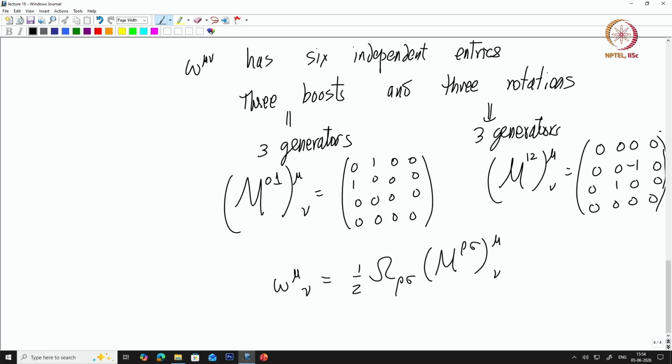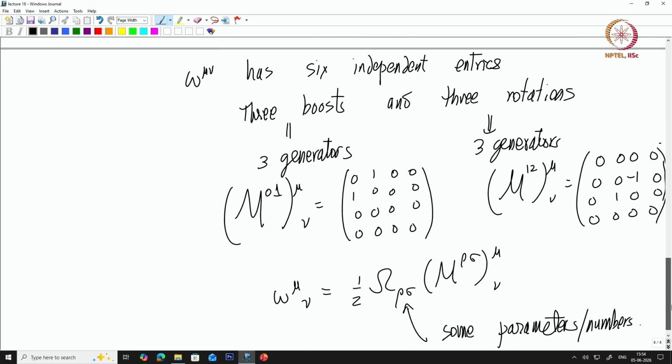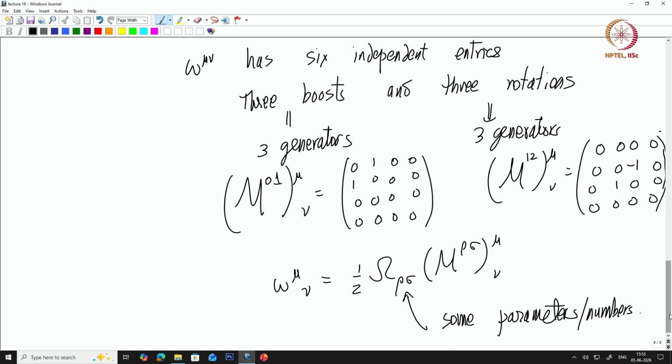Okay, now what are these things? These are just numbers, essentially some parameters. These are some rotations, some numbers which tell you the extent of rotation. So what we have written is the entire Lorentz transformation in terms of 6 generators times some small parameters, which takes care of this. And then there is the associated Lorentz Lie algebra